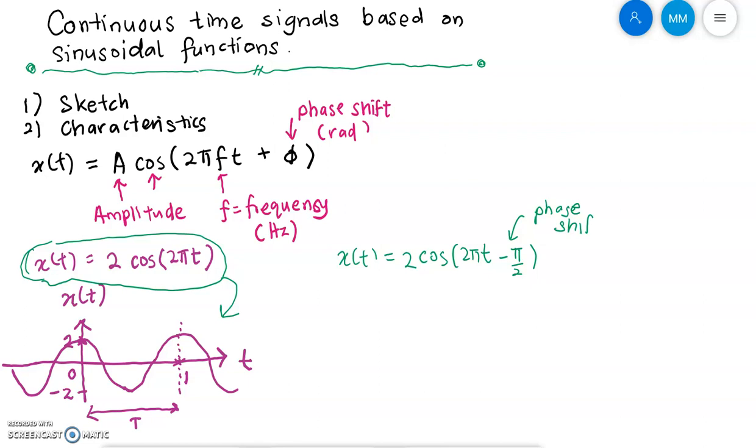first we want to find out what is the value of the shift in the time domain. Remember that this is the shift in the phase. But if you want to translate or illustrate it in terms of the time domain, we need to find the phase shift in the time domain. So in the time domain, the phase shift,